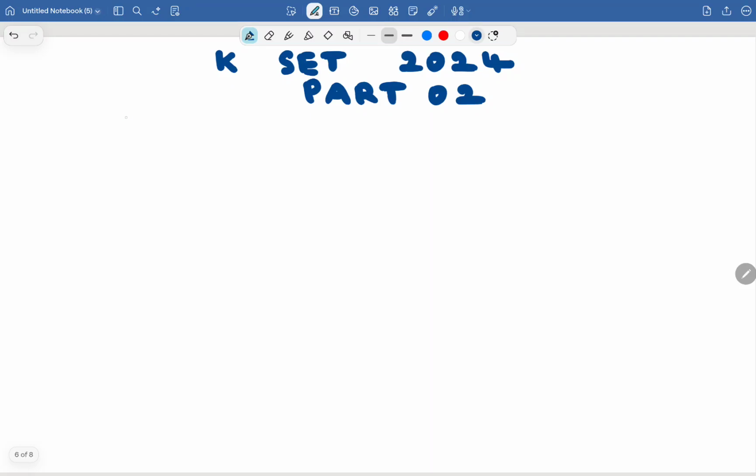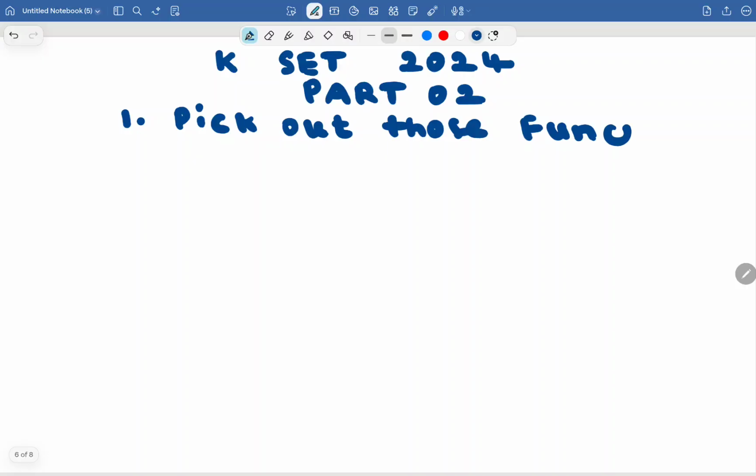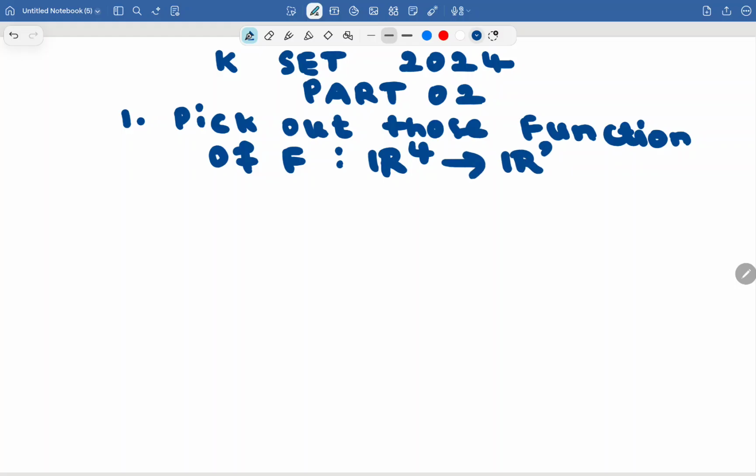The first problem: pick out those functions f which map from R4 to R3